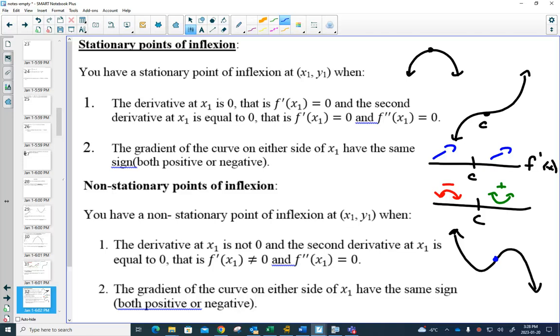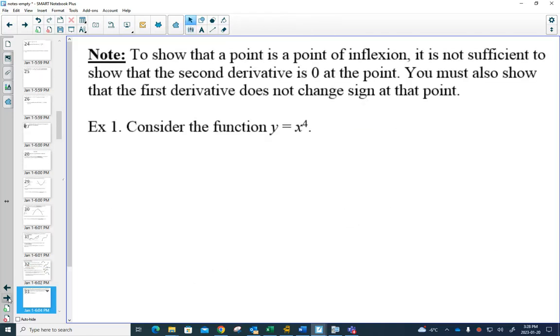So again, similar to what we said about the first derivative test, for inflection points, it is not sufficient just to show the second derivative is 0. You also have to show that either the first derivative doesn't change sign at that point, or more commonly,